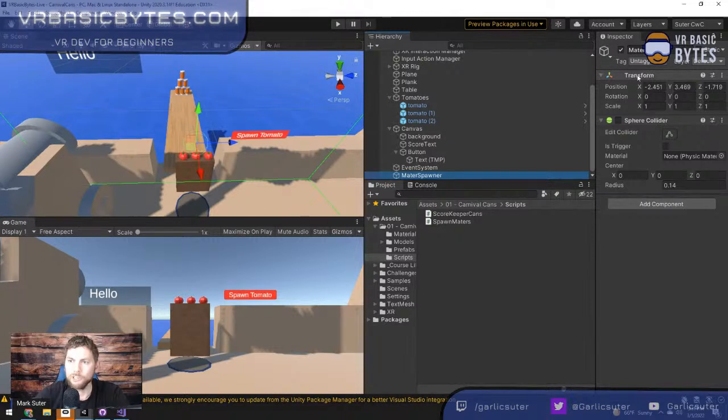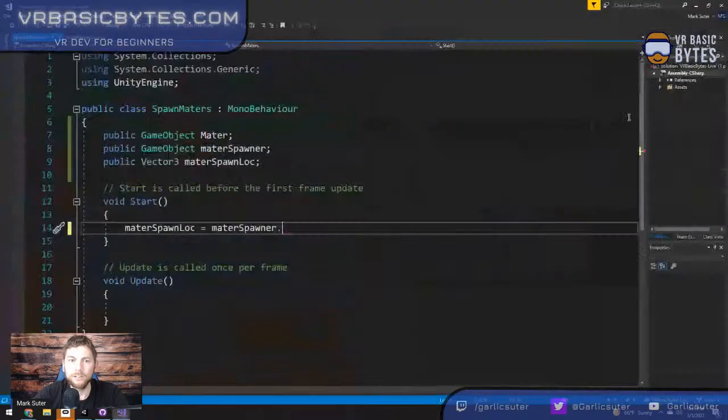But I'm going to say dot transform and then dig one level deeper. So dot transform, dot position, dot rotation, dot scale. Any of those things we can set, change anytime we want with code. So that dot is kind of like digging down to different layers of the component. So mater spawner dot transform